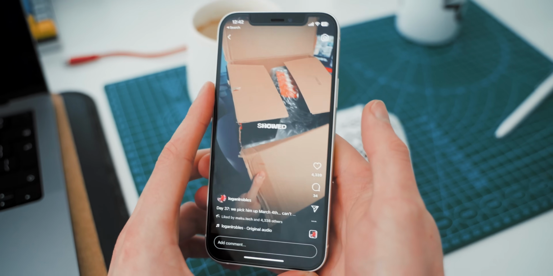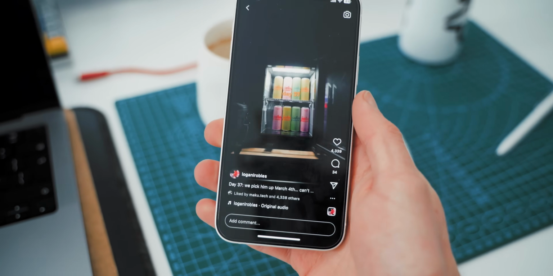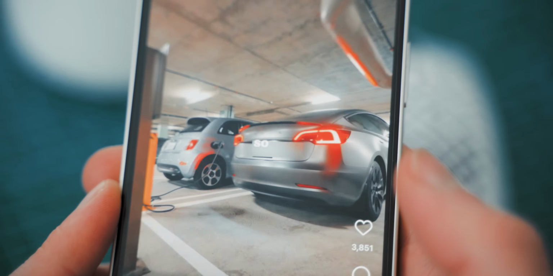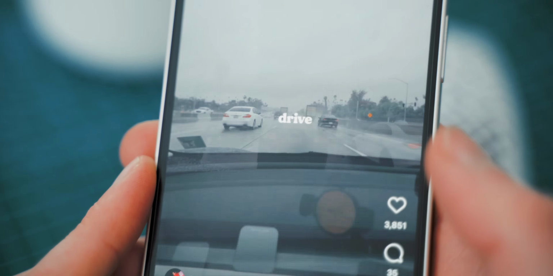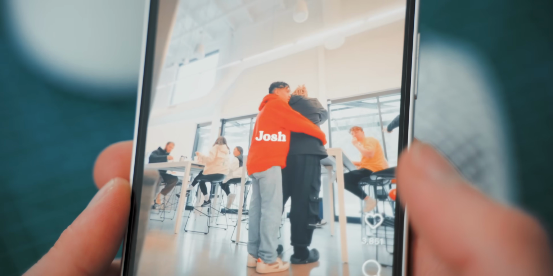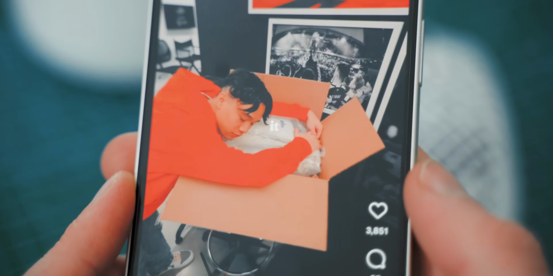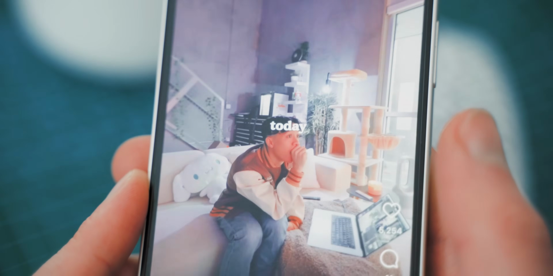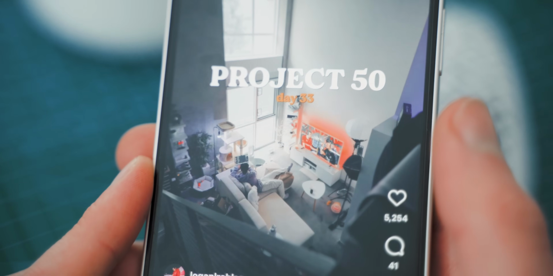And the first time I saw this style was from 100 Thieves Lou on Instagram, who's doing daily vlogs and just having one-word captions, basically, center of the screen. Minimal, unobtrusive, clean, looks good. Now, there are two reasons why I like this style of subtitle. One, it's easy to read while looking at the whole image. You can still see what's happening while reading because everything's in peripheral, captions are in the center.